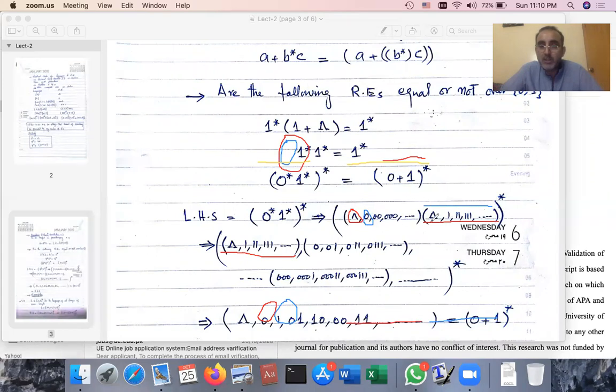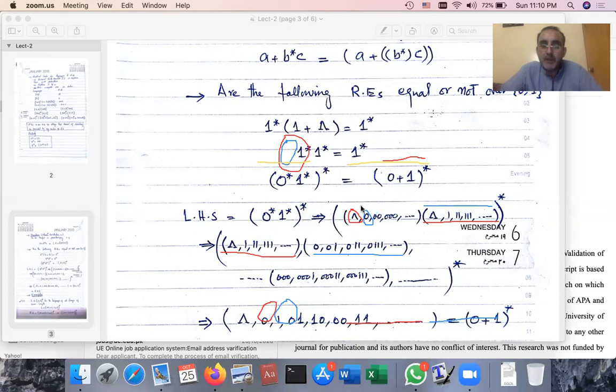0 multiplied with this null, what will I get? 0. 0 multiplied with this 1, what will I get? 0, 1. 0 multiplied with this double one, what will I get? 0, double one, and so on. Comma. After that, you have to multiply